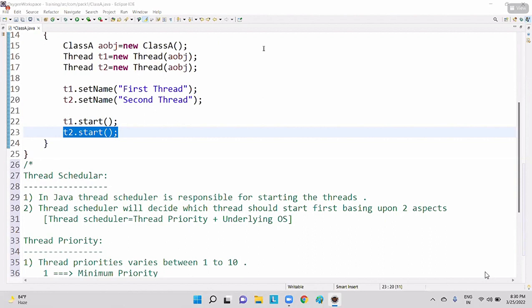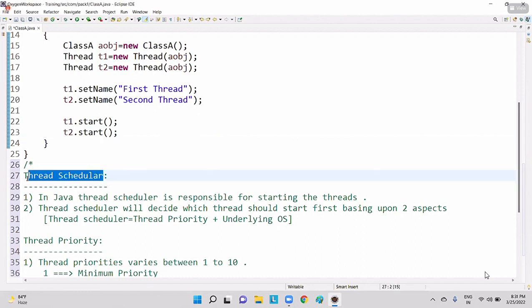No, it is not in our hands. Mukesh, understand my question correctly: who is going to start the threads? Thread scheduler. I repeat, thread scheduler will start the thread